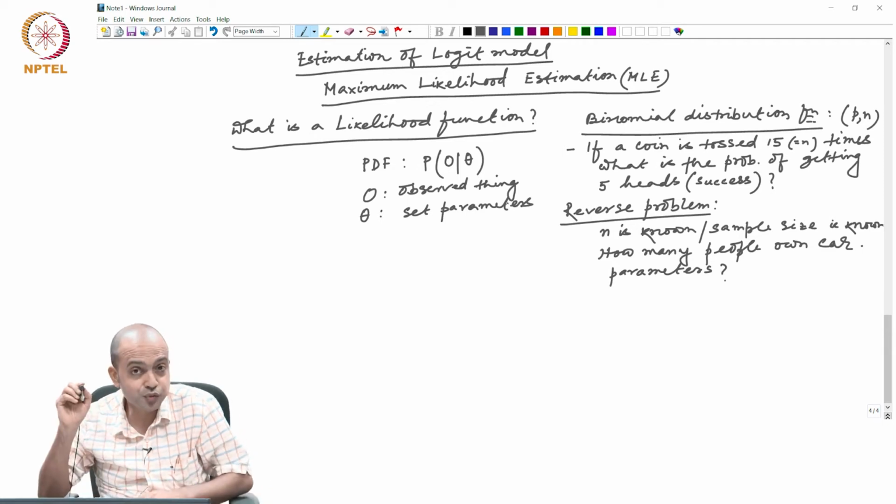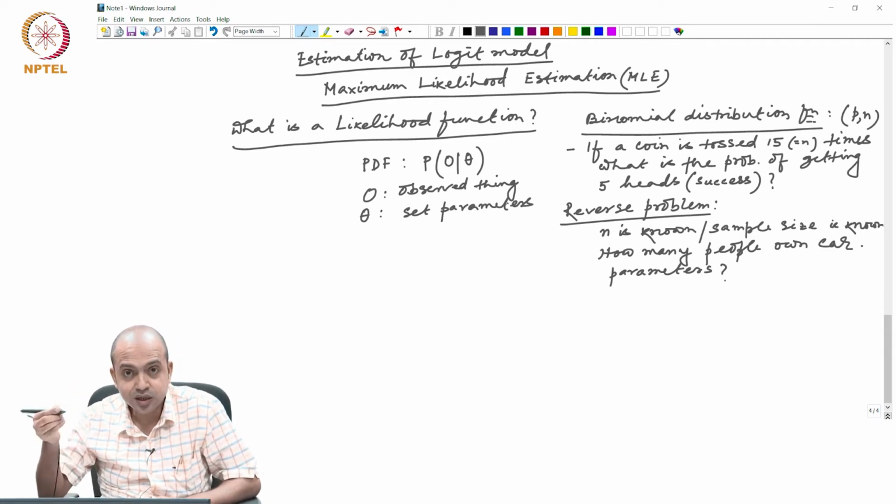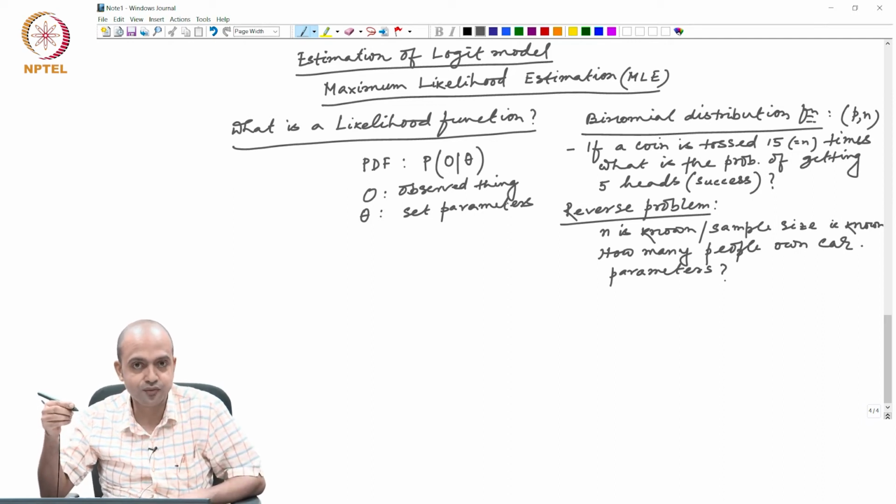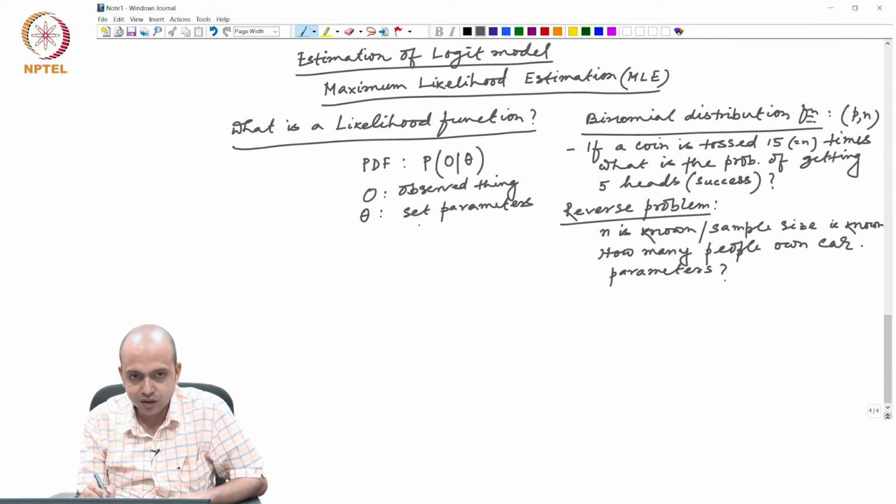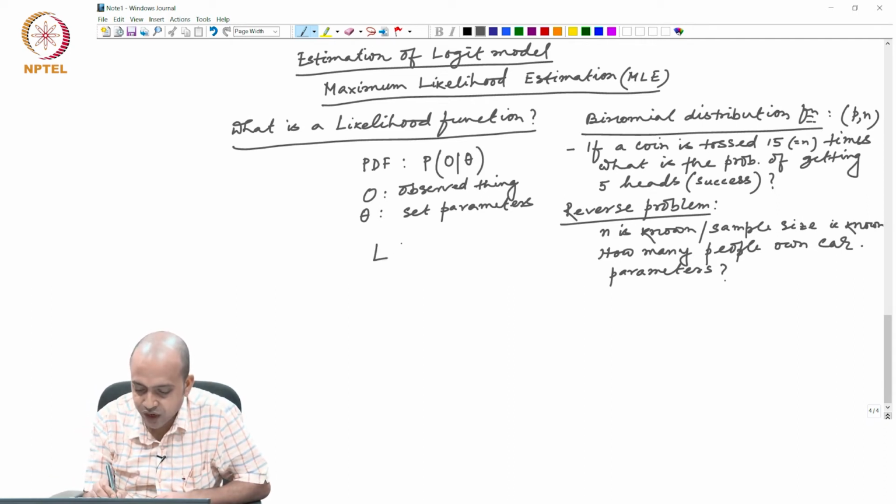In binomial distribution function, this p, the parameter, is actually known for a single toss, it is half, that is known to you. So, given theta, the set of parameters in probability distribution function, you are trying to find out the probability of O, that means the probability of 5 heads. But in a likelihood function,